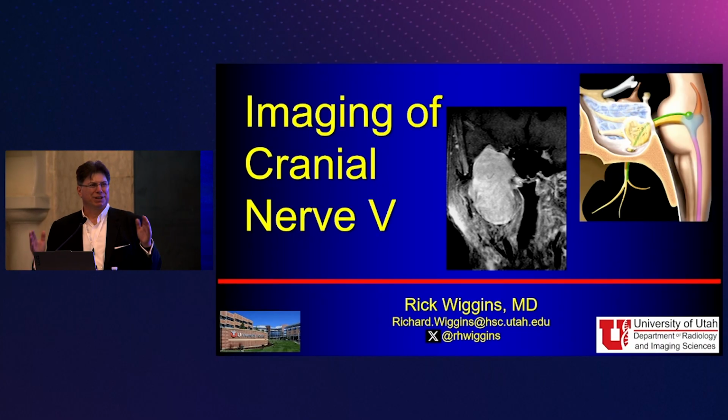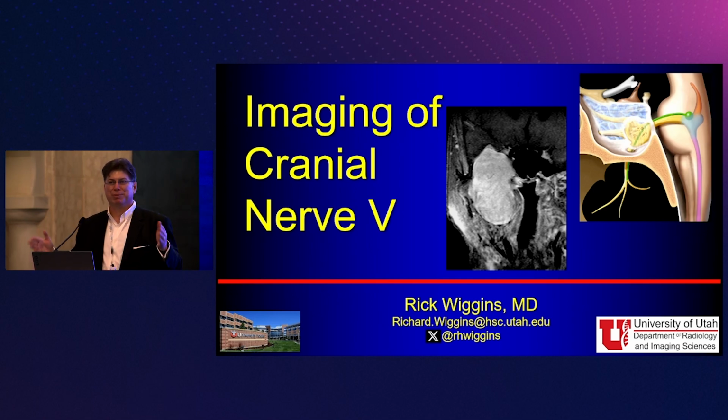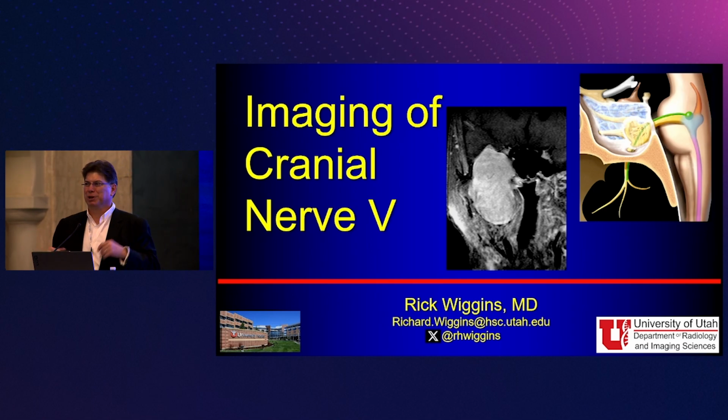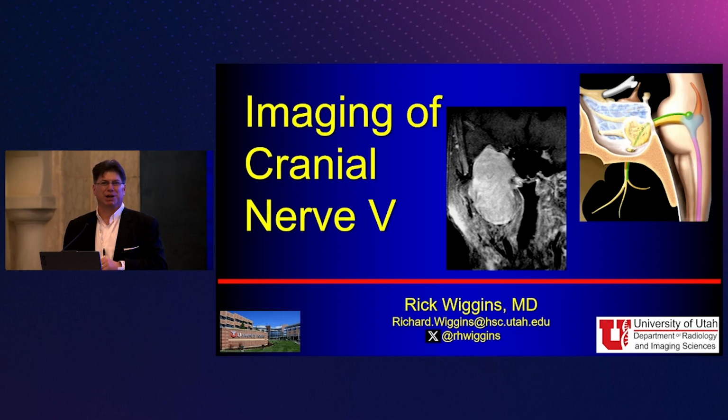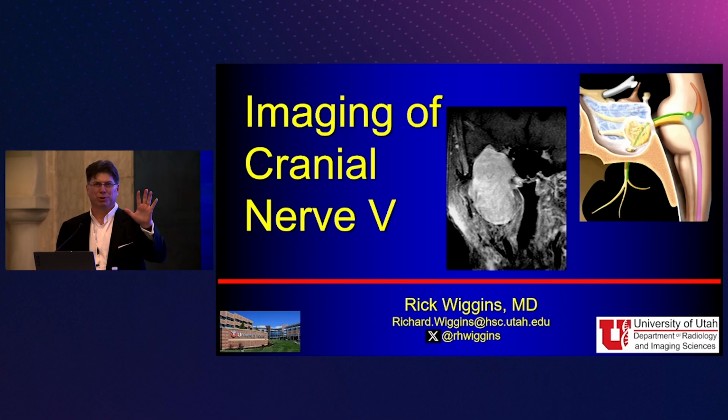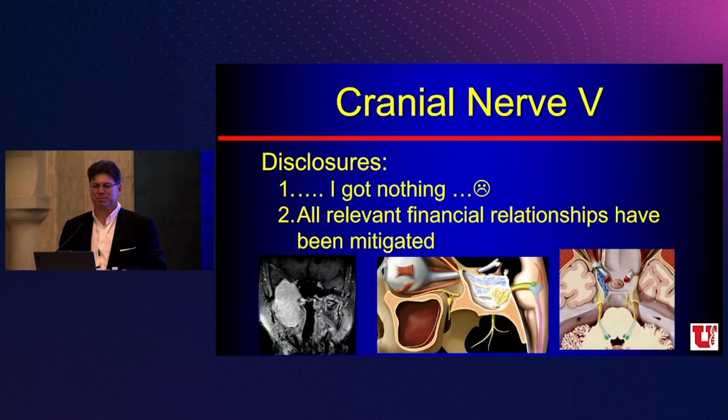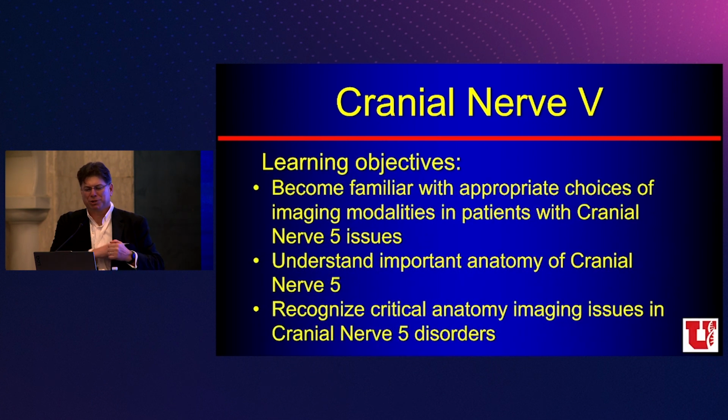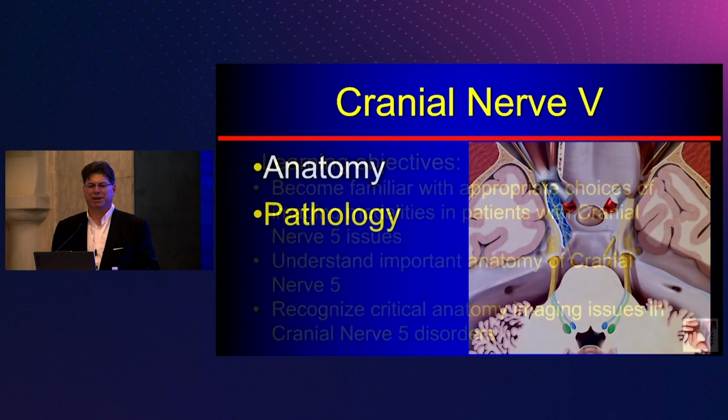Very complicated cranial nerves, except 1 and 2. Those are mostly boring. We're going to talk about the other ones, and we're going to go back and forth to go through this very complex anatomy that we think about with cranial nerves. So I'm going to start with cranial nerve 5, the trigeminal nerve. I have nothing significant to disclose. And we're going to talk about the anatomy and then talk about the pathology that happens to that anatomy of